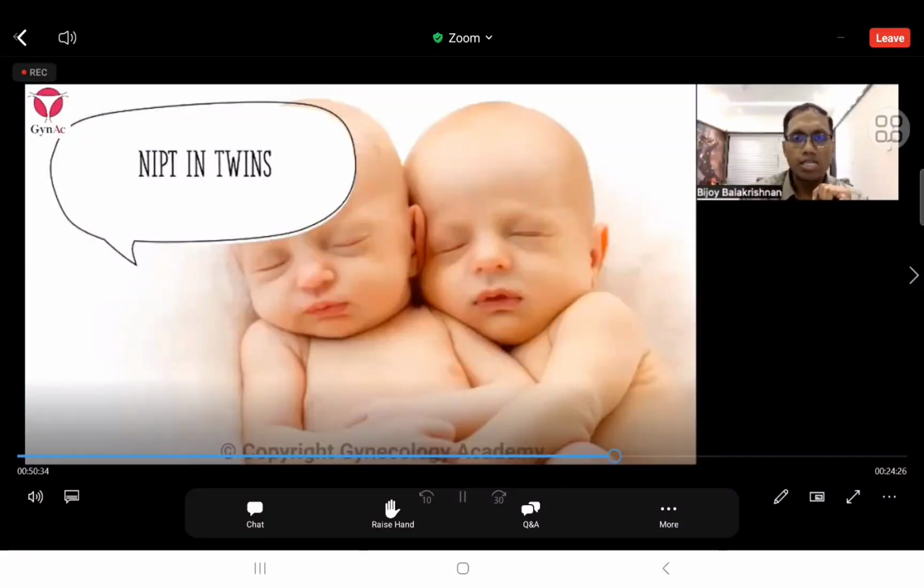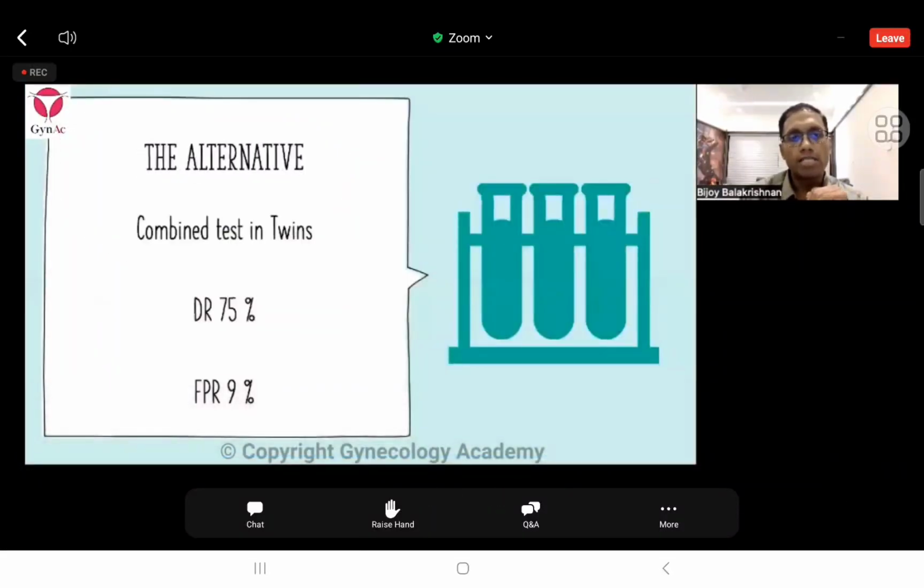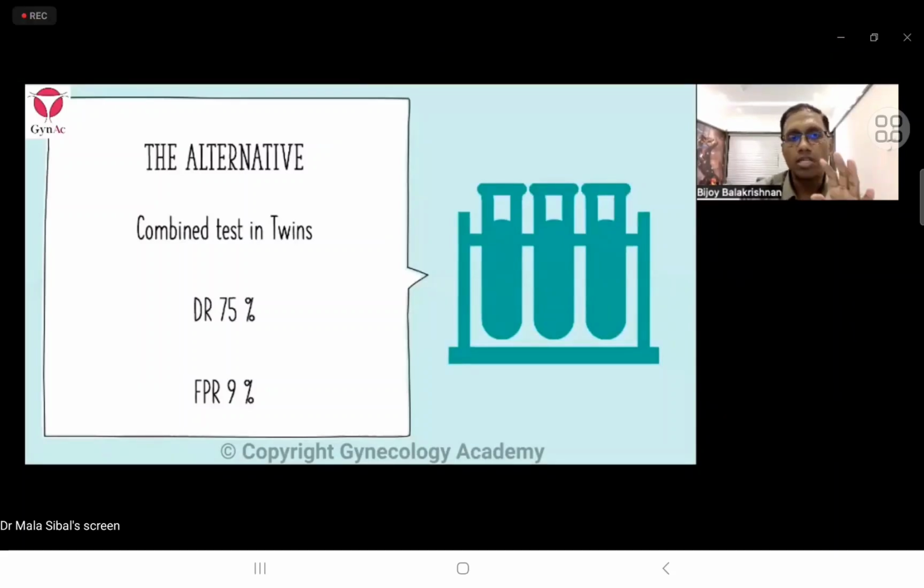in twins. The alternative is the combined test, which we are all using. But the combined test has a very low detection rate in twins as compared to singletons. It's only 75%, with a false positive rate of around 9%. Now, a high false positive rate is a particular problem in twins, because when you have such a high false